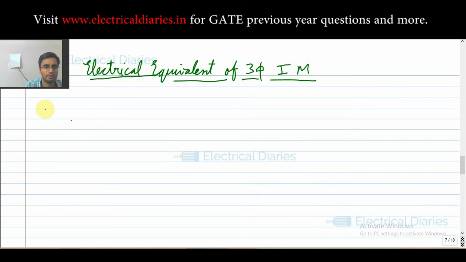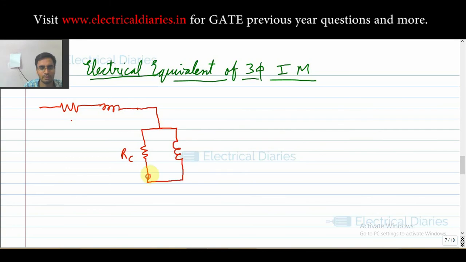Similar to the transformer, R1 is the resistance of the primary winding, that is, the stator winding, and X1 is the leakage reactance of the stator winding. Then you have the no load branch: to compensate for iron losses, you take RC, and for the magnetizing reactance, you denote it by XM. This is your no load branch, I naught is the no load current, and this is your supply voltage, and you might have shifted every parameter towards the stator side.